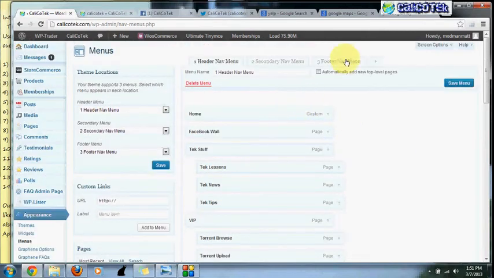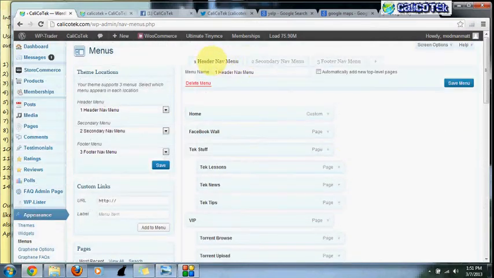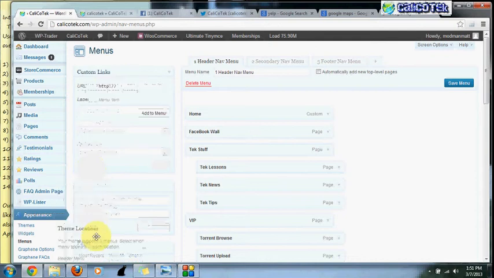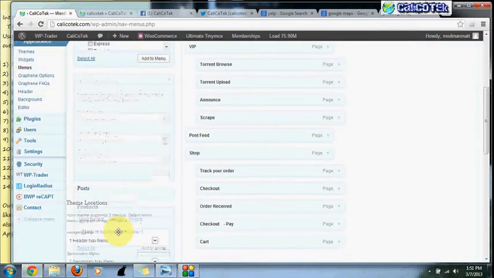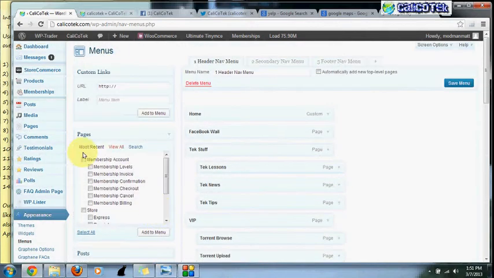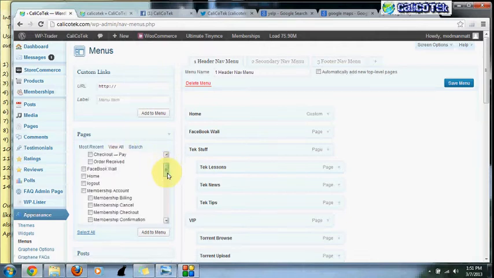And basically everything that's on the right hand side here is the actual menu, which we're messing with, the first header nav menu, and anything that we can do to it is over here on the left side. The theme locations is already set, so we're going to move that out of the way. But what we want to add here is we want to go ahead and add our info pages. So we're going to go view all pages,